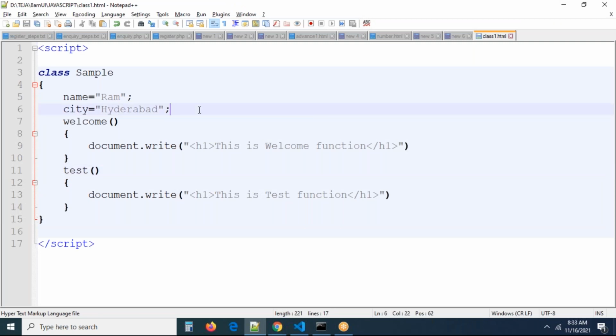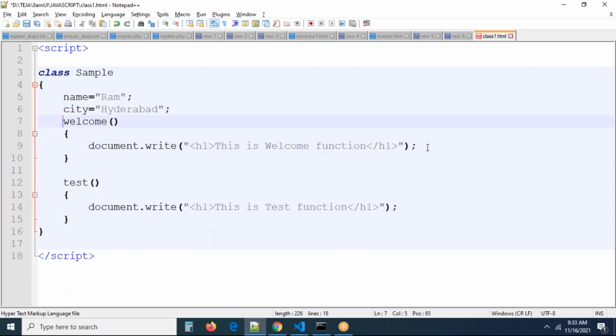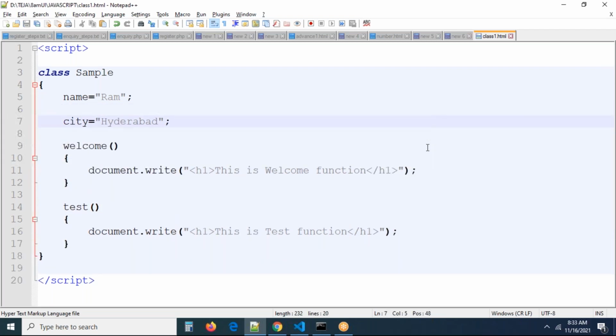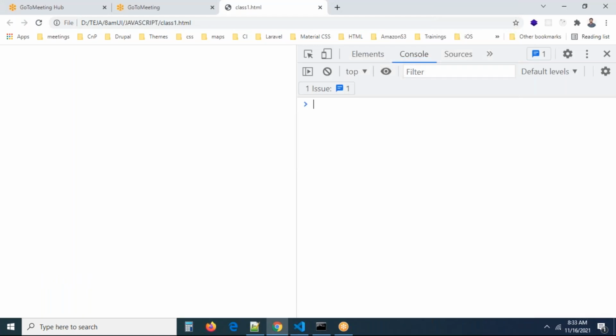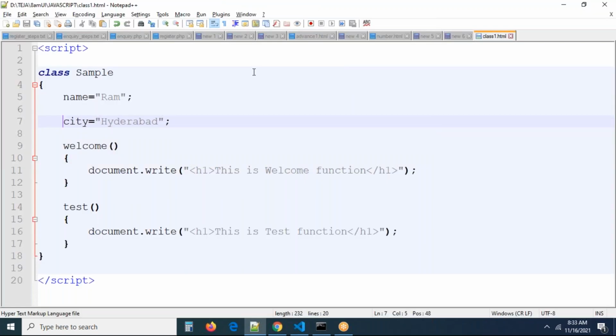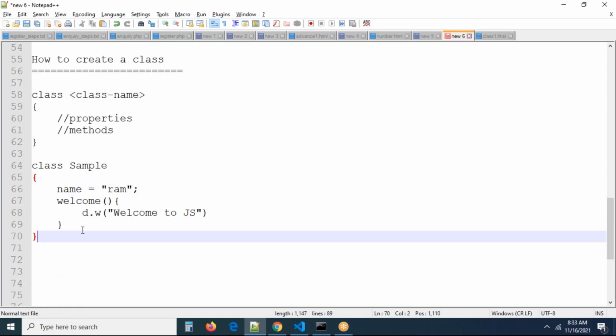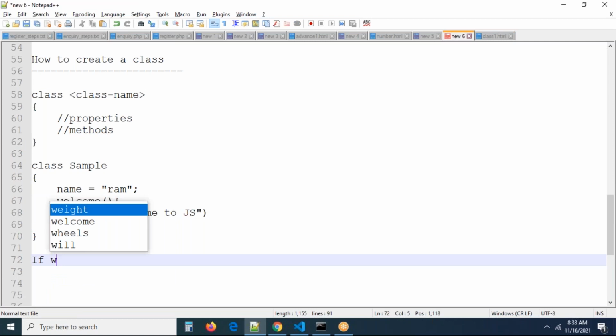This is the class. This class contains two properties and two methods only. Moreover, in every method I use document.write for printing the value, but I'm not getting any output. What could be the reason? You have two properties, I have two methods here, but I created a class, I executed it, and I'm not getting any output. Remember carefully, guys. Once a class is created, if you want to access the class members